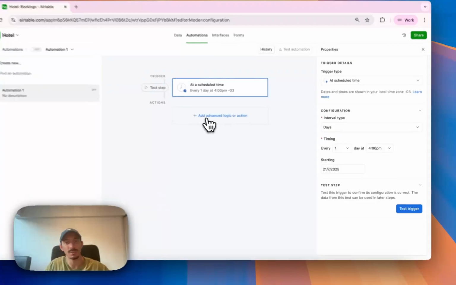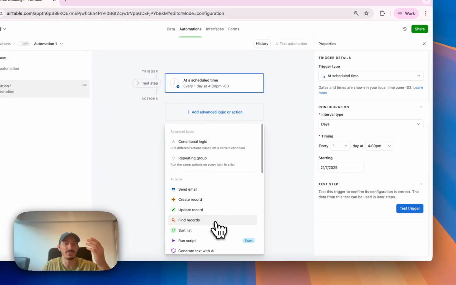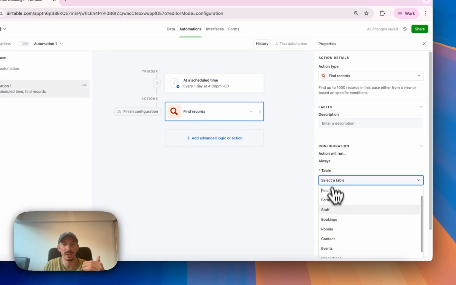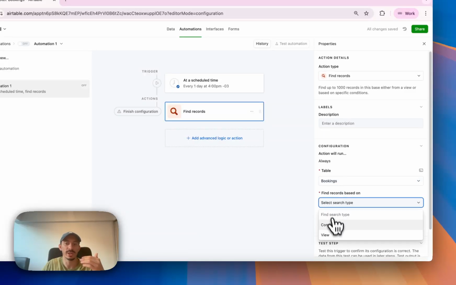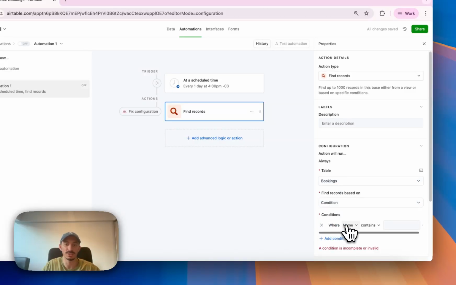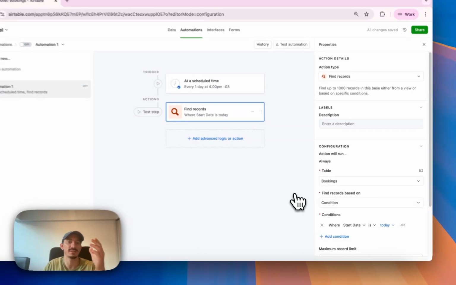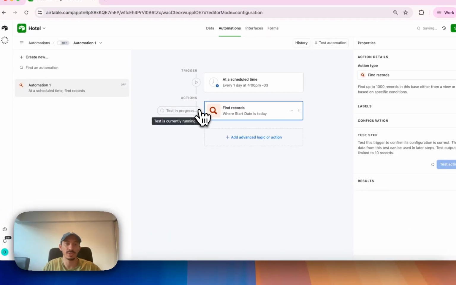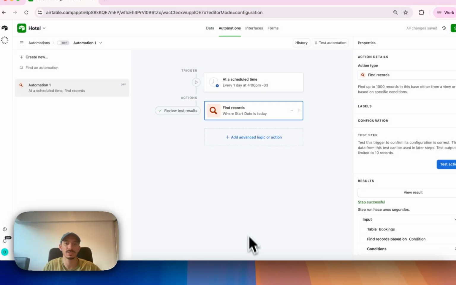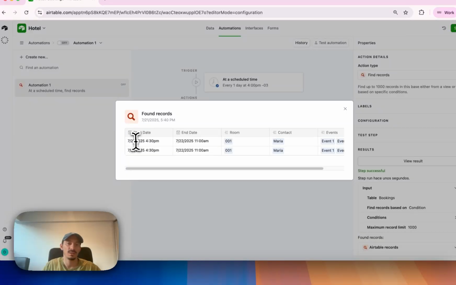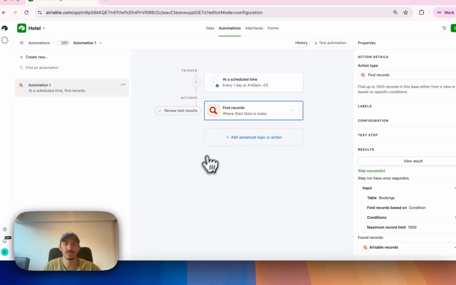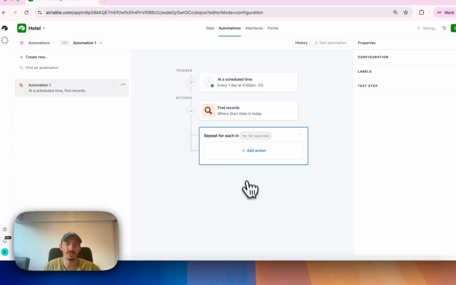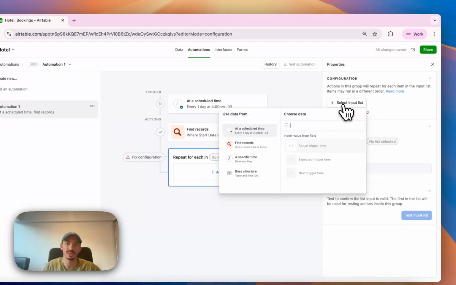So how we should build this automation is, okay, on a daily basis at 4 p.m., go and find records from where? From the bookings table. Which records? Those that match the following condition, which is where start date is today. I do not care much about the time, given that it's by default 4:30 we said. Then for all records found here, in this case 2 records, given that today is July the 21st,